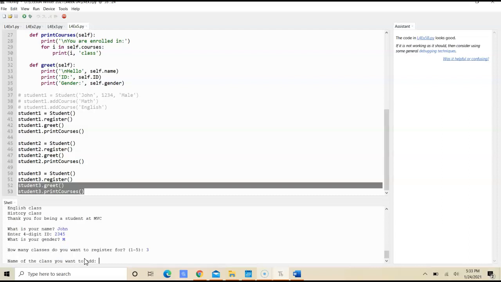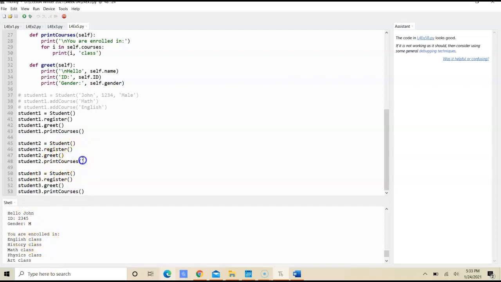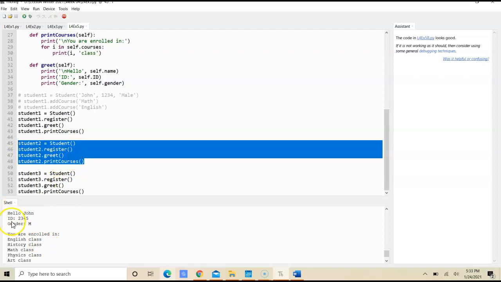And 3 classes. We are going to go ahead and add math, physics, and art. So here what we have is we now have the information for John, and John has ID information. So it's able to use the object to access the attributes, which now prints for the second student, which is John. And it's also using the member method when the member method is called, and it's actually displaying John